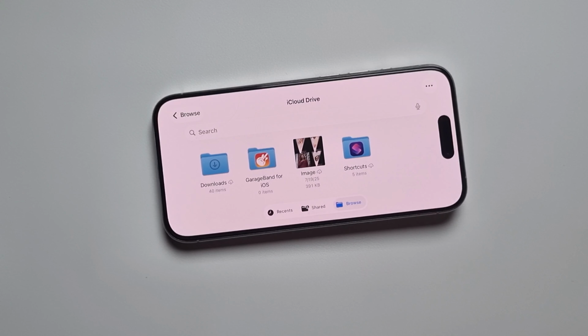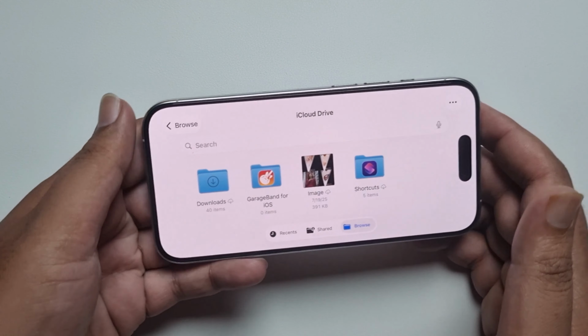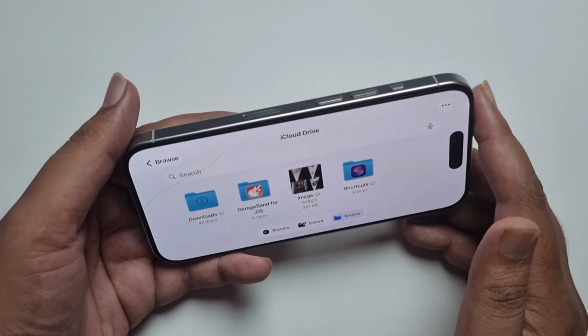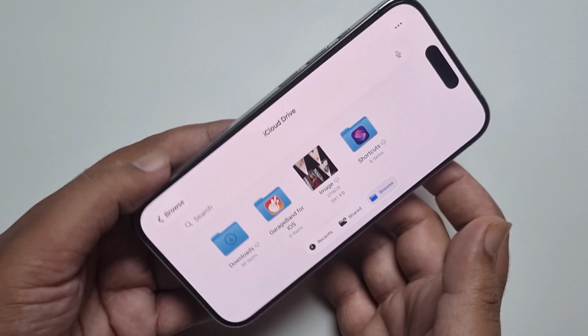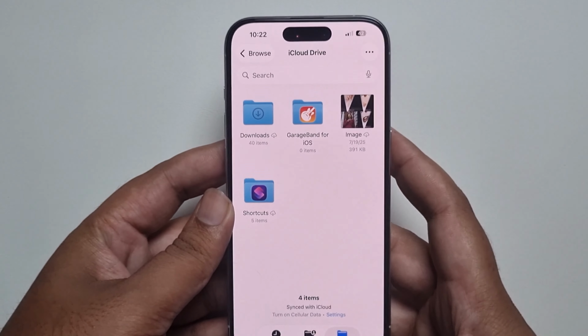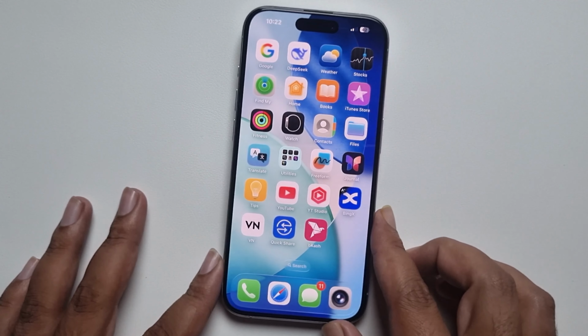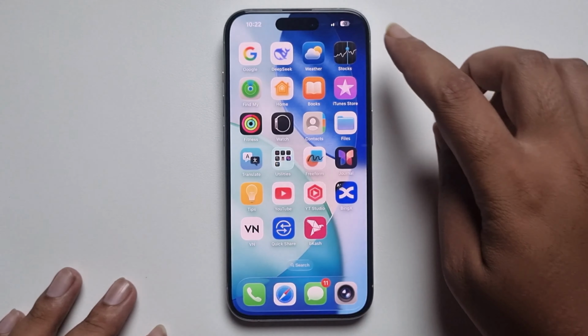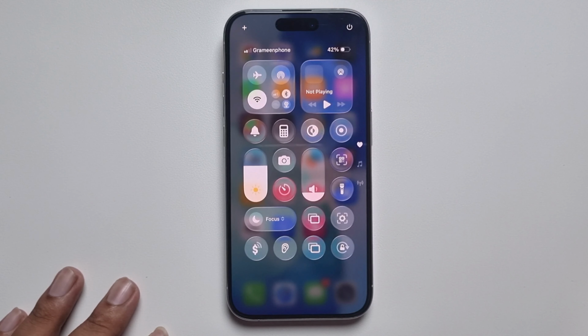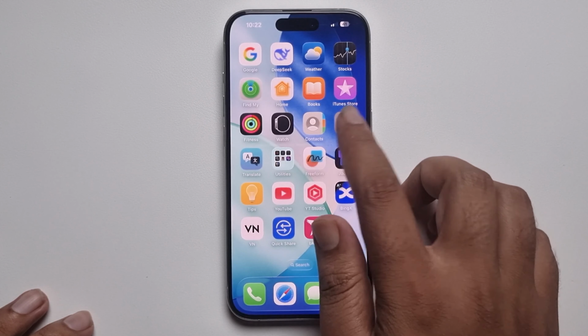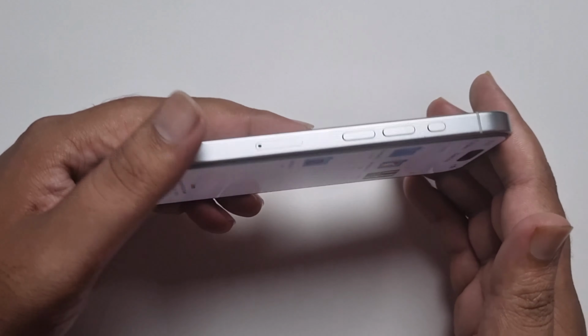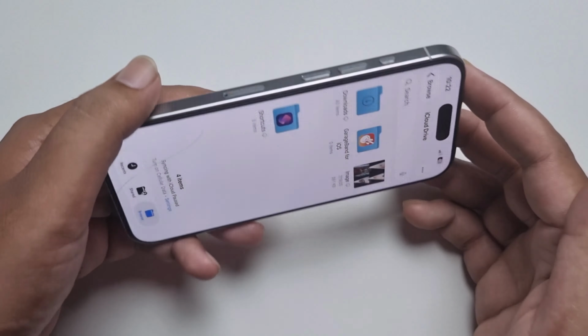Hey everyone, today I'm gonna show you how to auto rotate on iPhone. So look here, now I enable my auto rotate option, and I'll show you how you can easily turn it off. Go to your Control Center, then find the auto rotate option. Just press on the lock, then turn off auto rotate. When I'm trying to rotate, it does not